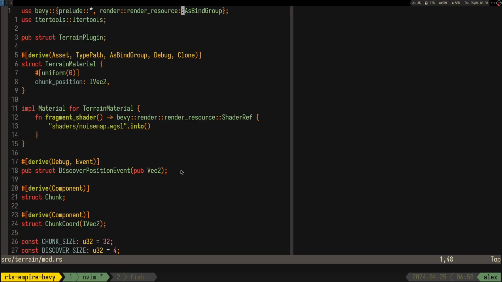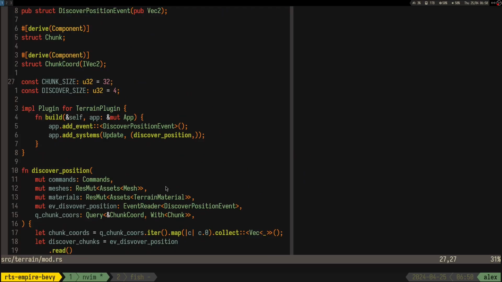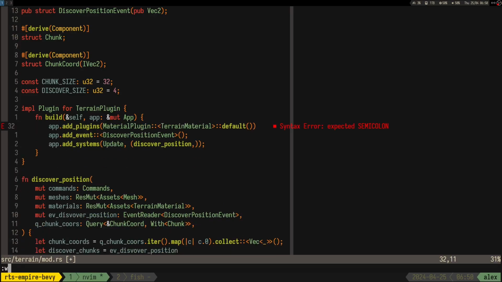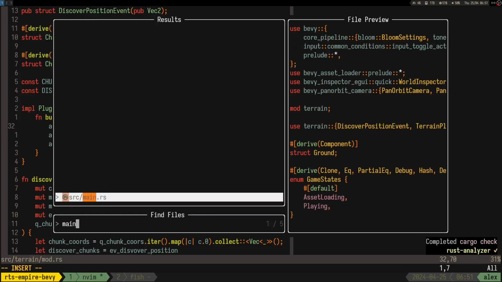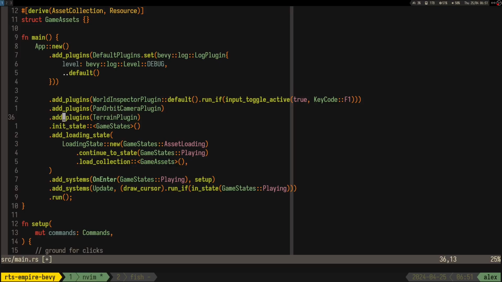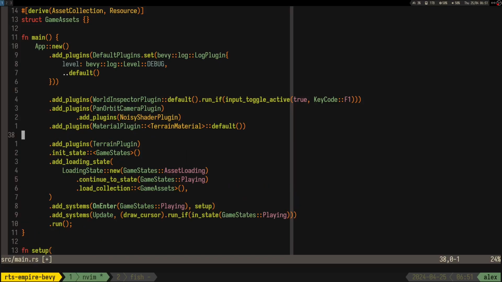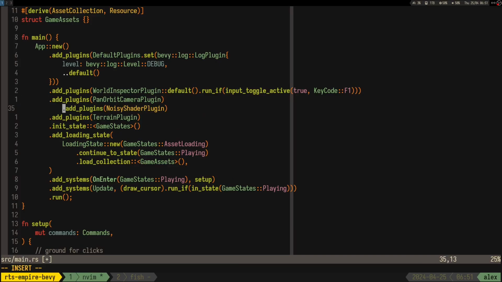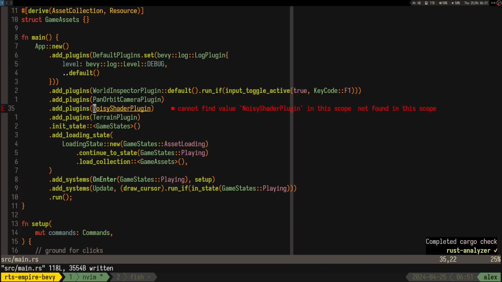So let's see if we can do it. I think this makes sense to add it here, but probably the plugin for noisy shader would make more sense in the main function,